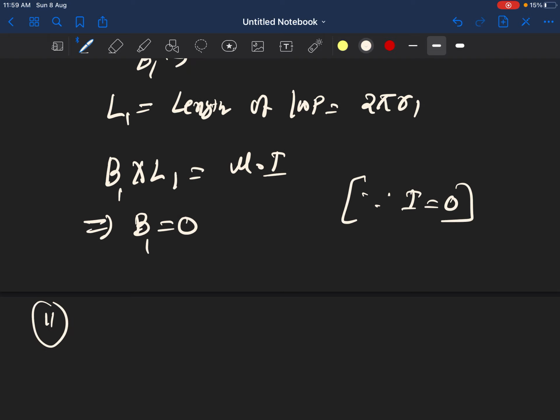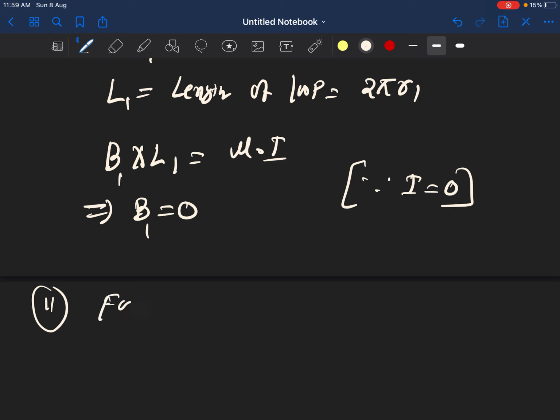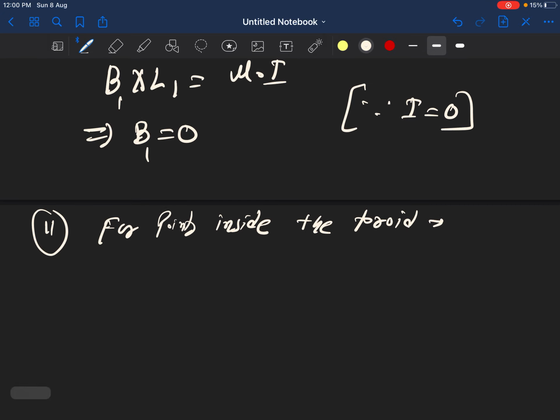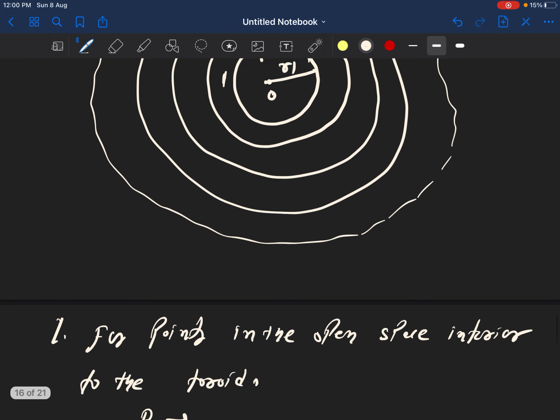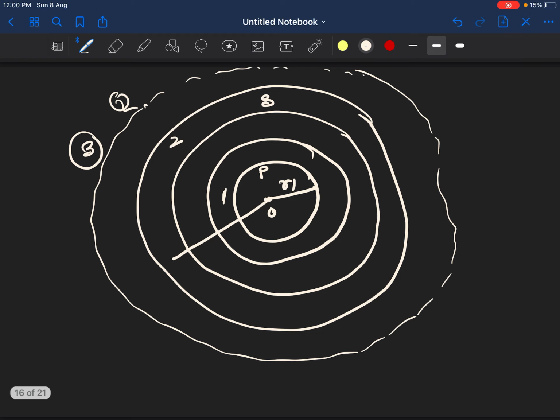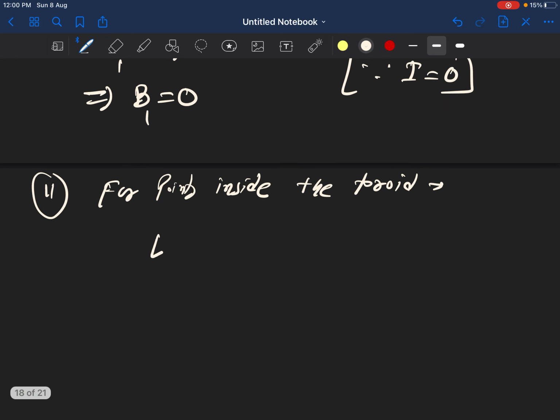Now in the second case, for points inside the toroid, ঠিক আছে। এই second loop-টো তুমি সাপোজ যদি লৈছা, তাৰ সাপোজ তুমি radius কিমান লৈছা, R2, এইটো R2। Okay, so then what is the length? Twice pi R2. Magnetic field যদি B2 হয়, then you can write B2 into L2,